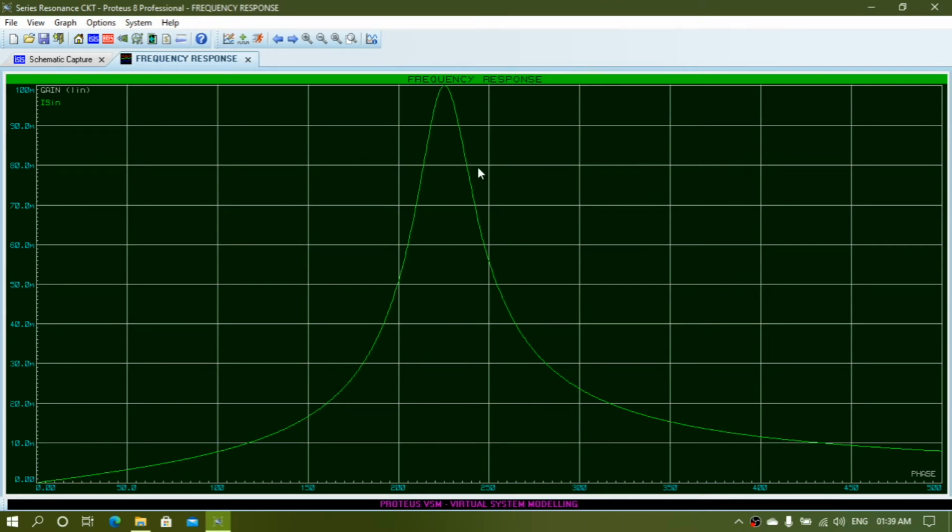Now you will have to click anywhere on this graph to include a tracer, or you can say cursor.